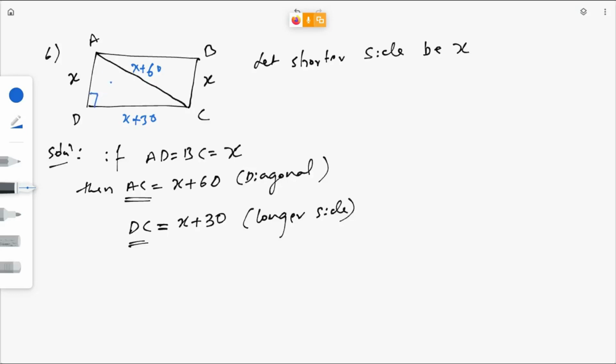As it is a rectangle, all the interior angles will be 90 degrees. So now if this angle is 90, this ADC is a right angle triangle. In triangle ADC, if you apply Pythagoras theorem,